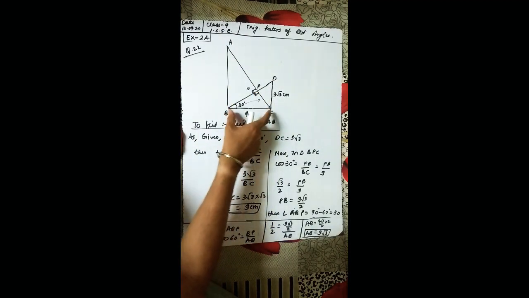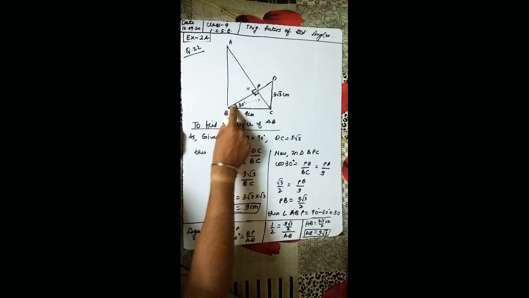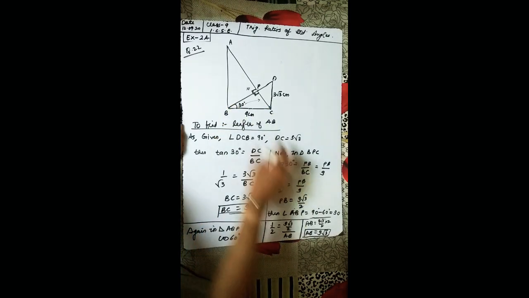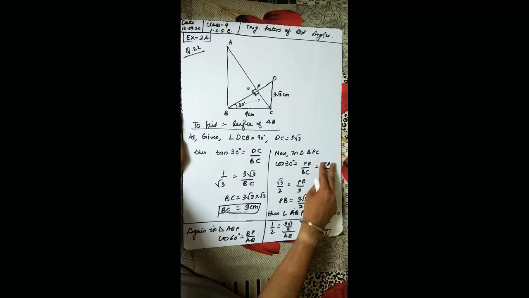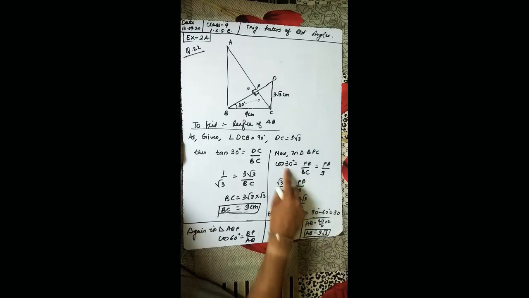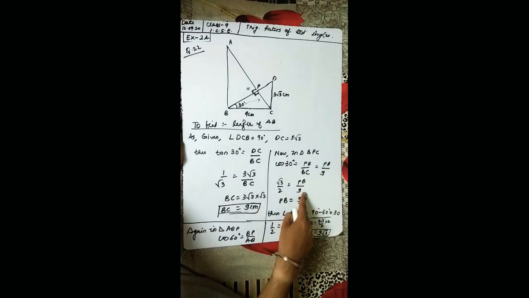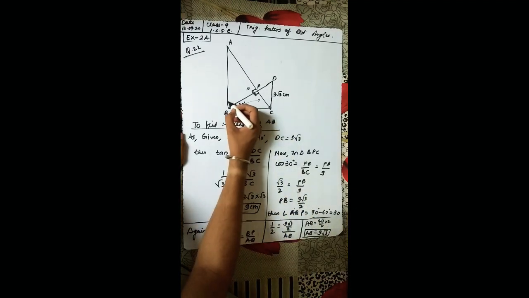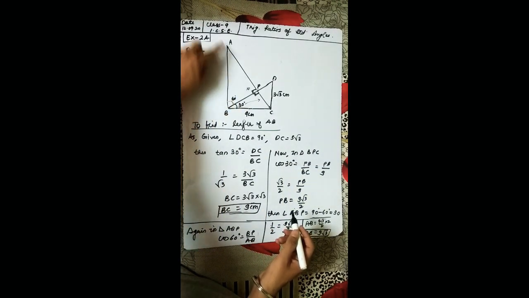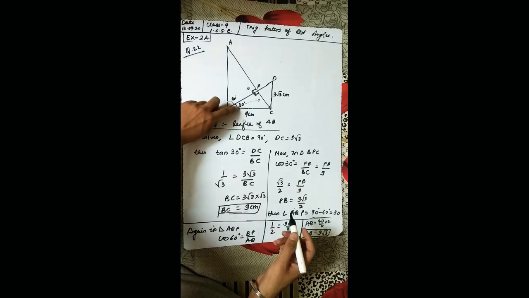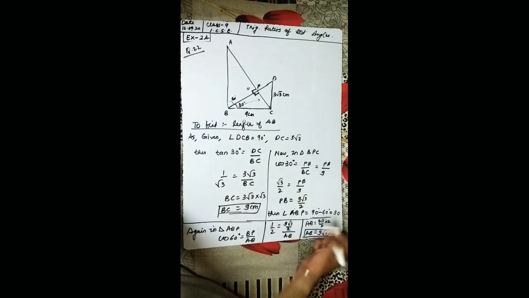So to find this side, we are taking this triangle, as we have the hypotenuse with us and one theta with us. That is why cos 30 degree is equal to base upon hypotenuse, PB upon BC. PB we don't have, BC we have 9. Cos 30 degree is root 3 upon 2, PB upon 9, take 9 that side. So 9 root 3 upon 2. Now we don't have this angle because we need to find anything. So this is 60 degree. How? Because this full is 90. So 90 minus 30, you will get 60 degrees. So that is what I have written. Angle ABP will be equal to 30 degree.